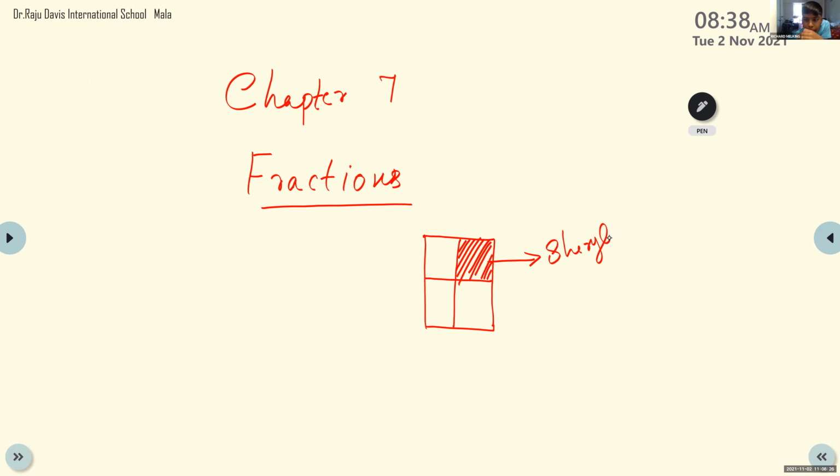How many pieces? One. 1 piece. If I ask the question like this, what part